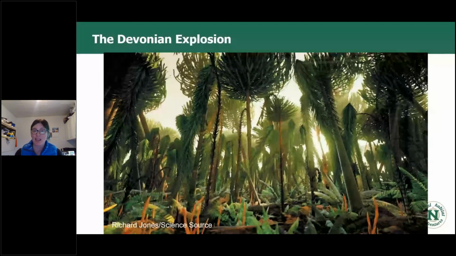But this period of time and the rapid appearance of all of these plant groups and growth forms, we call the Devonian explosion or the Devonian terrestrial revolution, because it truly was a new way of existing that had not existed before. We've gone from our little mosses and liverworts and fungus only to legitimate forests. Those forests represented